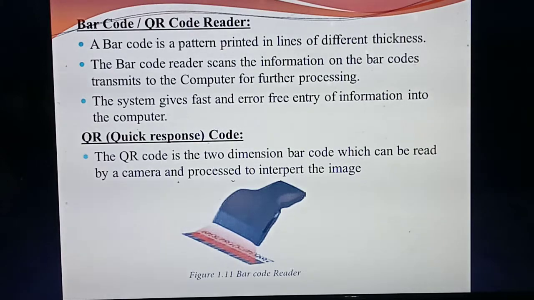Even on a lead pen or a pencil or any material, you might have seen that ash color, black and ash color, shining line at the end. Have you seen it? That is called a barcode. In that barcode, each and every line has a different thickness, and each barcode will transfer some information to the computer.